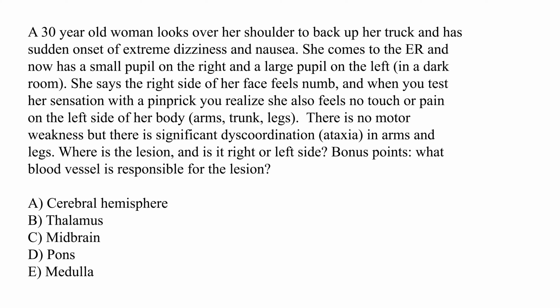So the first one, a 30-year-old woman looks over her shoulder to back up her truck. She was actually a semi-truck driver professionally, and she had the sudden onset of extreme dizziness and nausea. She comes to the ER and has a small pupil on the right and a large pupil on the left in a dark room. And the reason I say that is because you never quite know which pupil is the abnormal one, actually. It could be the small one or the large one. But in this case, a dark room suggests that the pupil should be large, but she has this small pupil